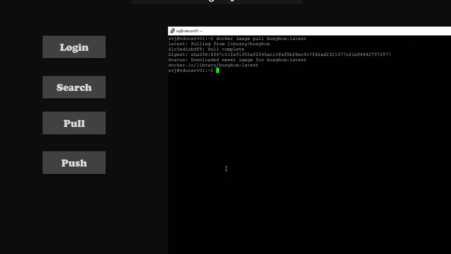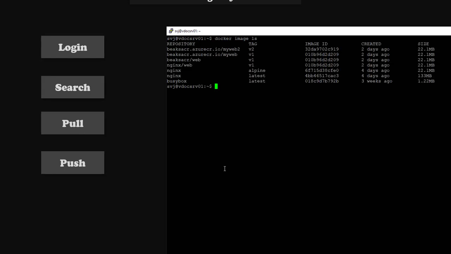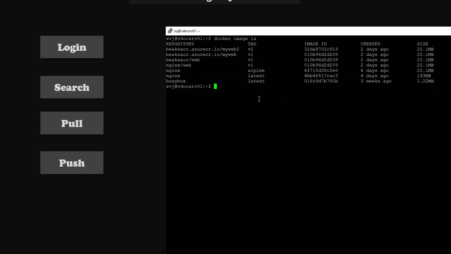It will pull from the BusyBox library, and it will just update my node cache. If you see Docker image ls, it will display whatever pulled images I have.